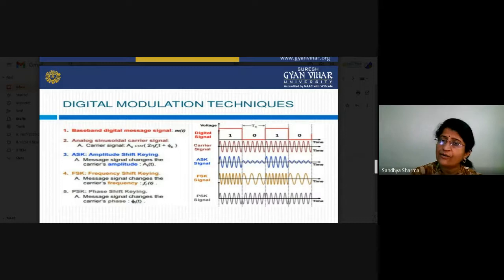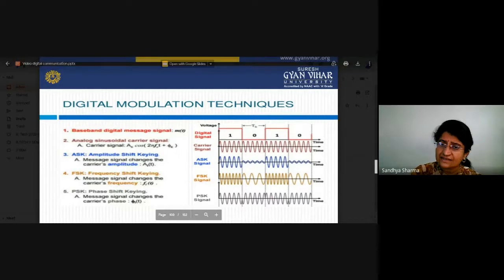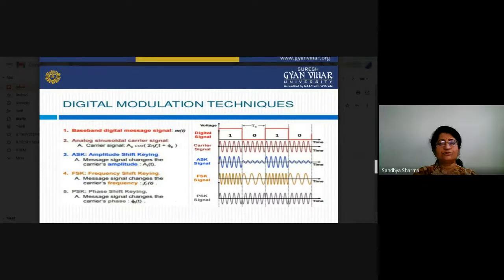It is just like on-off keying, and we also call this ASK modulation technique on-off keying. In this type of technique we can see the amplitude variations between 1 and 0. If there is a 1, the amplitude is high, but if there is a 0, the amplitude is approximately equal to 0. So this is the ASK signal. After that, if we move to the FSK signal, frequency shift keying, what will happen? The message signal changes the carrier frequency. So here we again have to opt for two types of frequency.